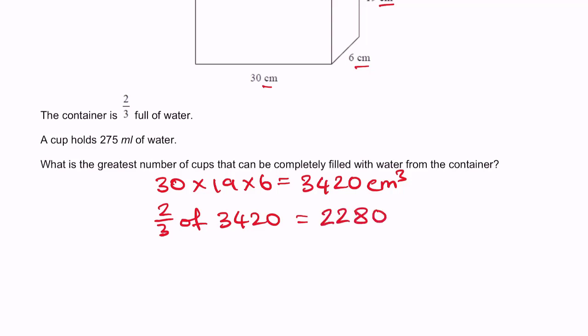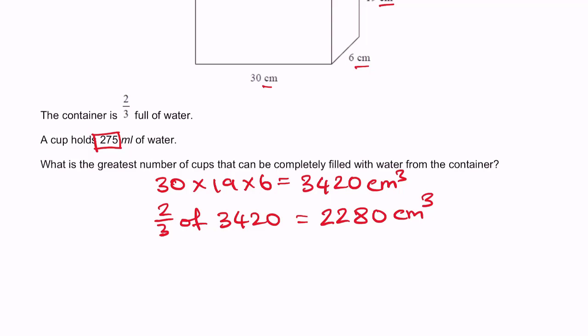2,280 centimeters cubed. What is the greatest number of cups that can be completely filled with the water from the container? So each cup holds 275 milliliters. So what you could possibly do is change the 2,280 into milliliters and divide by 275, and that would be one way of doing this,